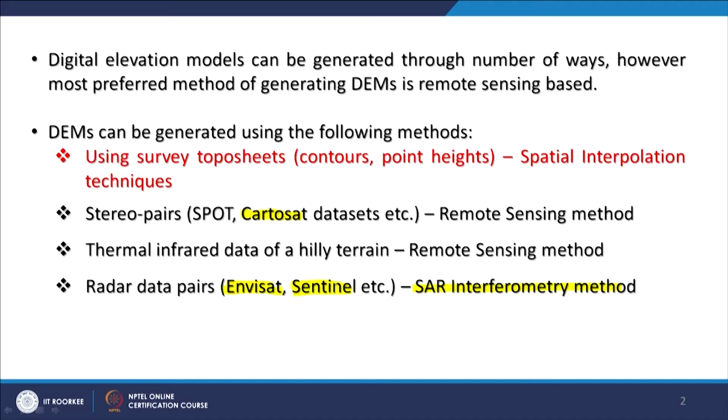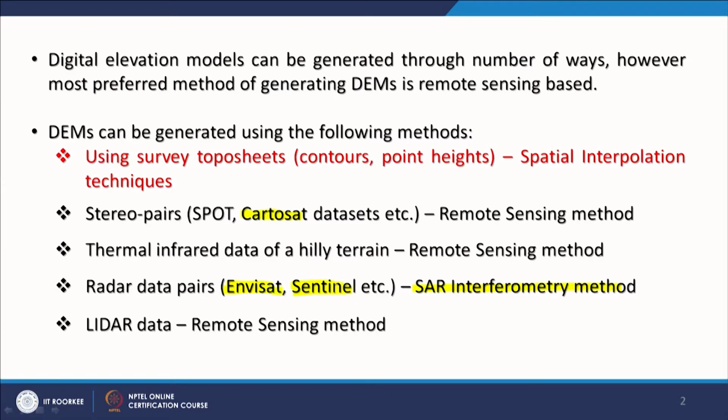also Sentinel, which is also a European satellite, and ALOS PALSAR, and one more satellite which started this SAR interferometry also, RadarSat of Canada. So many such satellites, especially in the microwave region of the EM spectrum, started providing radar data pairs, and these were employed to generate digital elevation models using this SAR interferometry technique. And definitely resolutions also started improving since then.